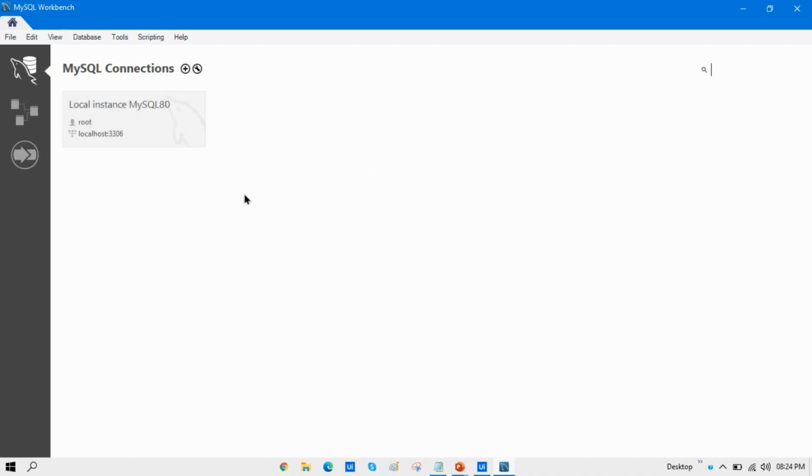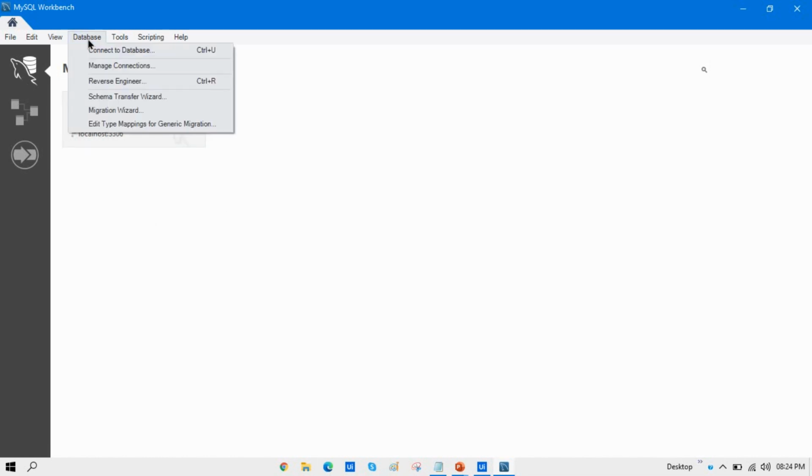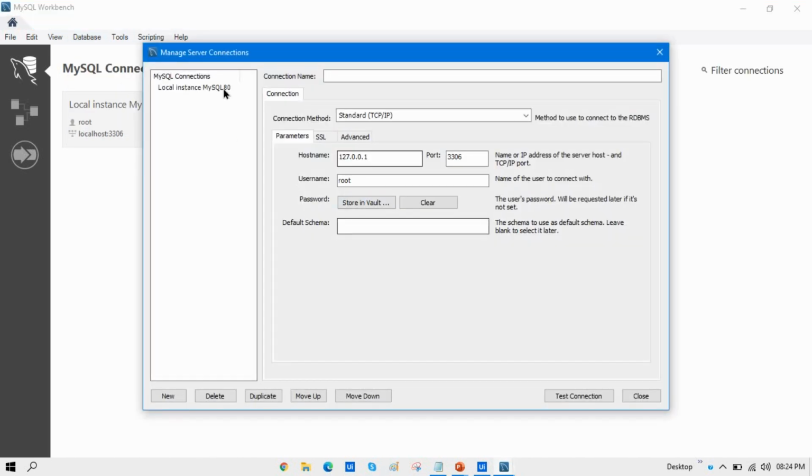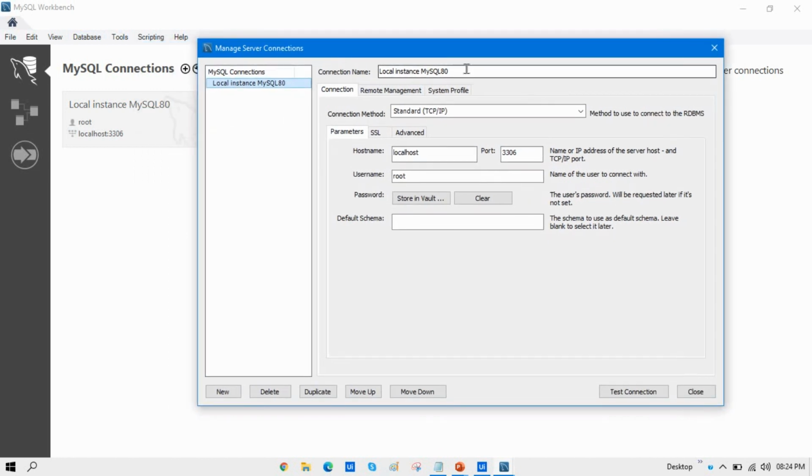So what we can do, if we have this one, we can just click on that, or you can also go to the database and click on manage connections, and from here you can select your connection name. If you want to change the name, you can change that also, but I'm going to take this as it is.